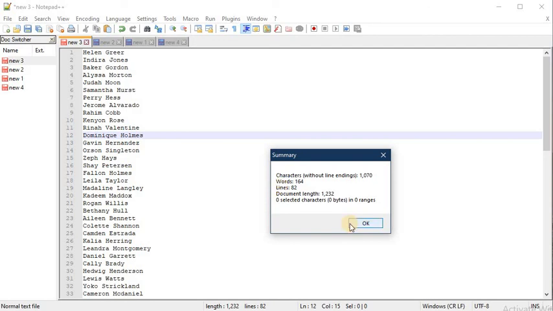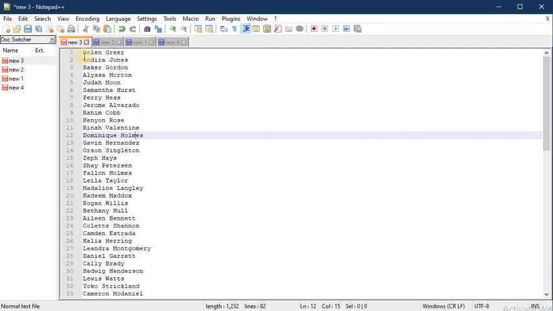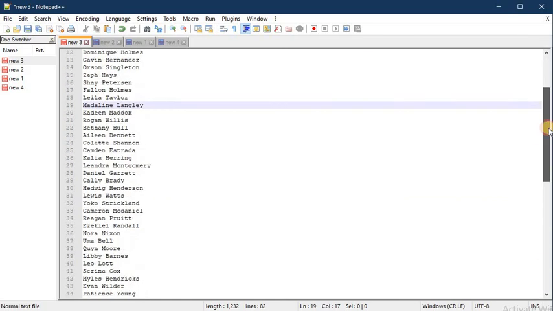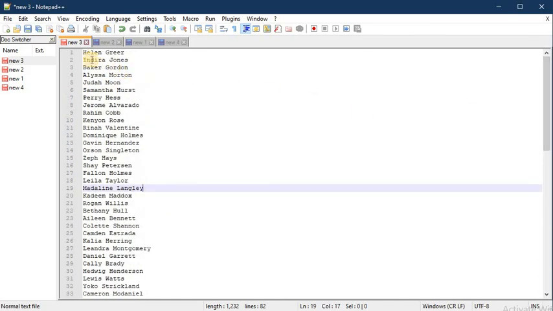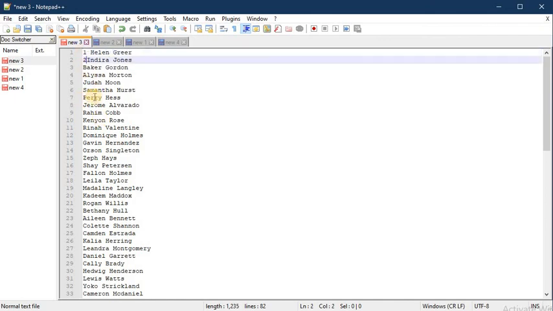Now coming to the next trick. Consider this list of 82 names. If we have to insert numbering in these names, like if someone wants data with indexing, it would be very tedious to insert numbers for all the rows. And if there are 1000 rows, it won't be feasible.